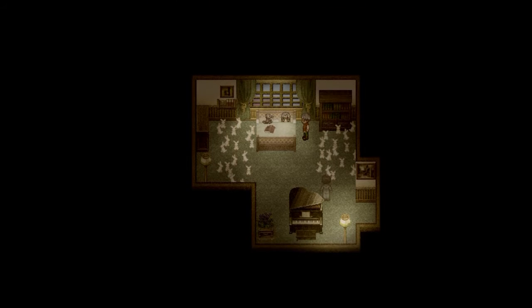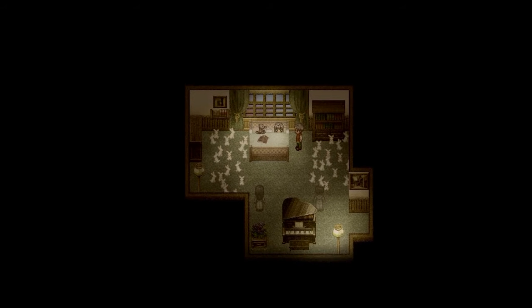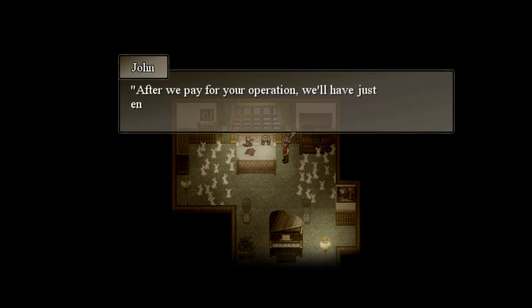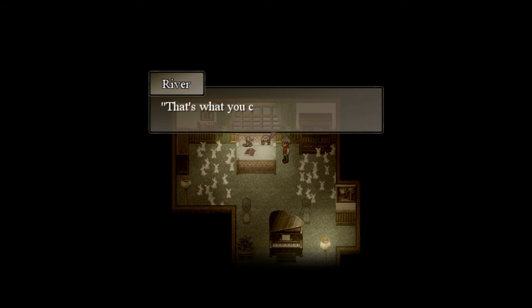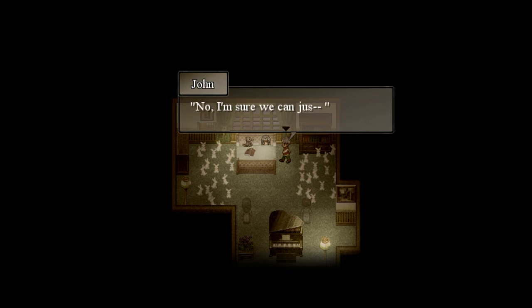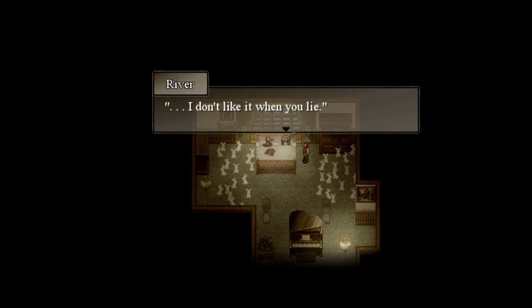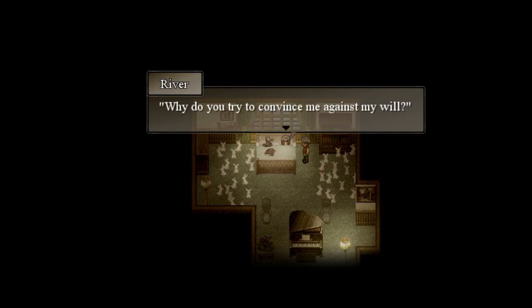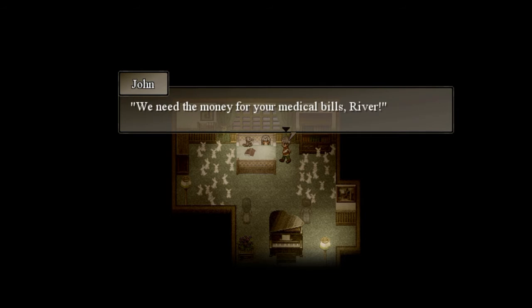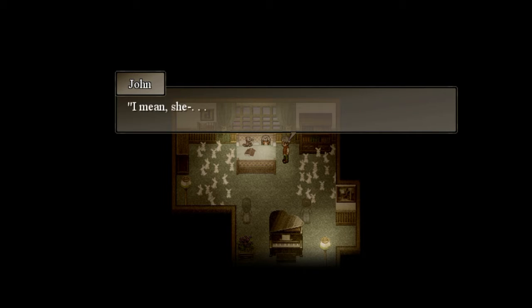Okay, we're in the prior stage of his life. Just enough. After we pay for your operation, we'll have just enough left for it, so don't you worry. White lie. That's what you call it, right? No, I'm sure we can just... Stop it. I don't like it when you lie. I calculate our finances. I know how it is. Why do you try to convince me against my will? We need the money for your medical bills, River. I understand that Anya means a lot to you, but this is just too much. I mean, she isn't even...